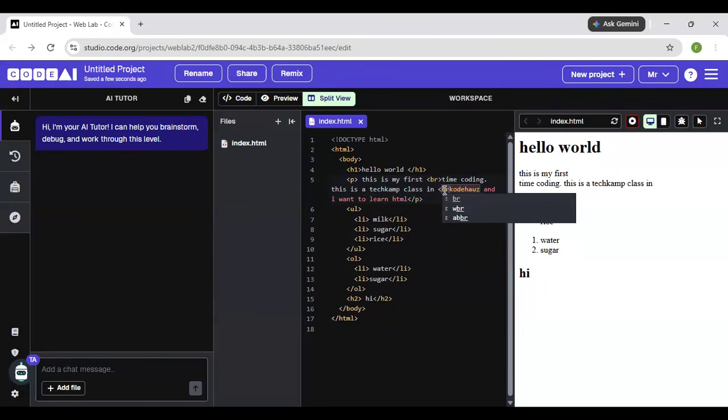Now, if you notice, I can add this here and it breaks it again. This is something you would do if you have too much text and you don't want it to run as one long continuous string. You can break it. You guys understand breaking? It's fairly easy to do.